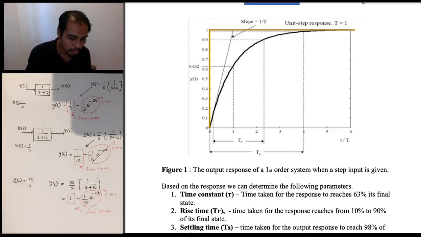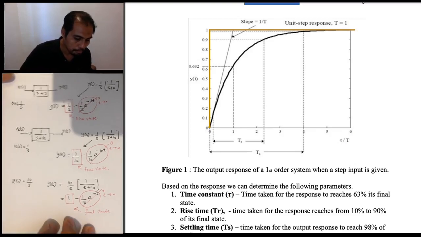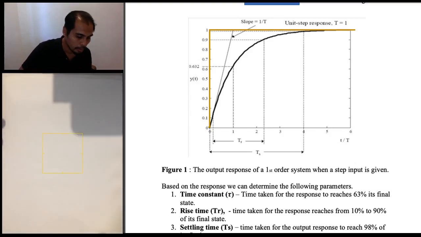So the input will actually influence the output steady state, okay? Because we can't change the system, we can change the inputs. If we can change the system, we will change the system, right? If we can't change it, we can actually change the inputs so that we can achieve a certain desired steady state output, right? Okay, meaning that